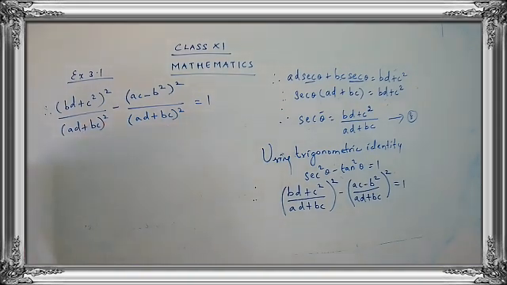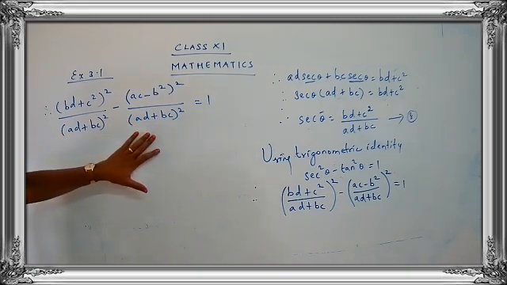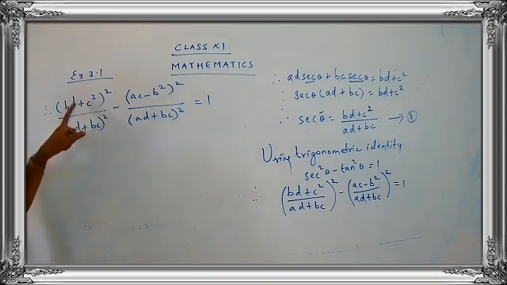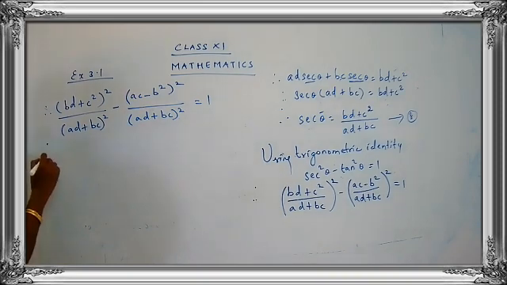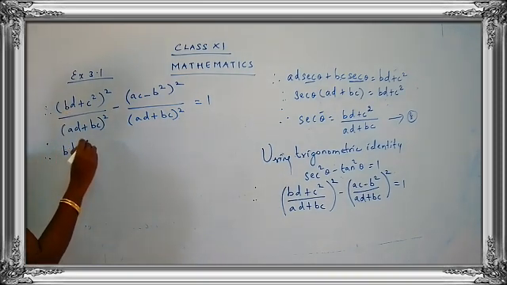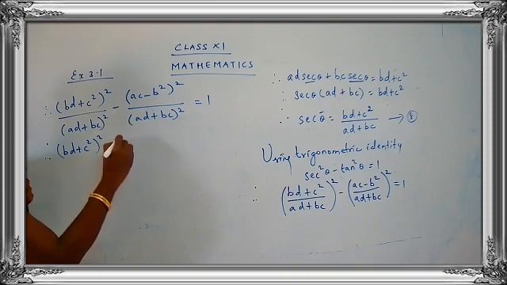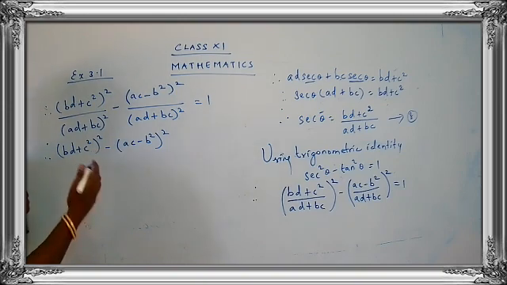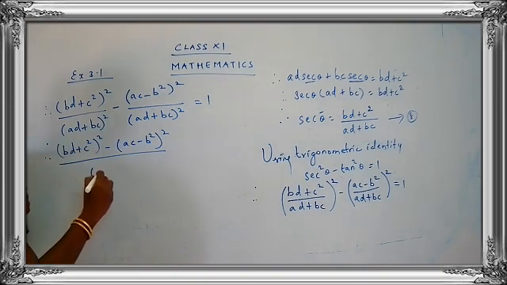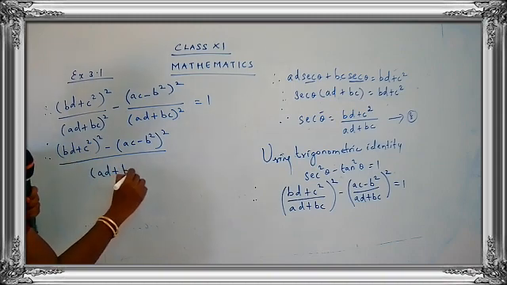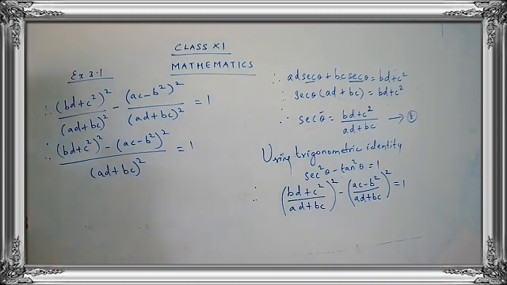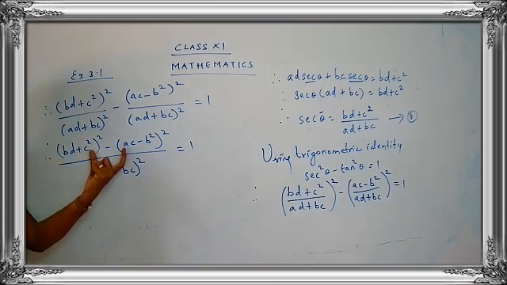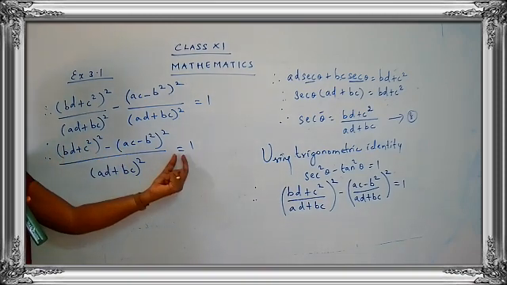Now just look at this expression carefully. You have the same denominator. Yes, children? See, (AD + BC) the whole square, (AD + BC) the whole square. If you have the same denominator, we can take the numerator together. Let's take the numerator together. (BD + C) square minus (AC - B) square. I have taken the numerator together. I am going to write the denominator as a single denominator, (AD + BC) square is equal to 1. Very simple thing. Taken the numerator together and writing a common denominator.